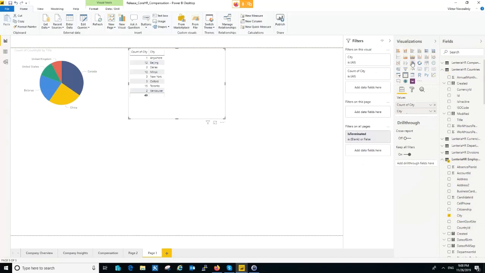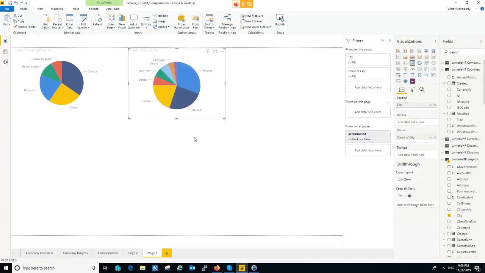So I would like to switch the visualization to the pie chart. So we just have created two different dashboards with pie visualization, and we see different countries and cities inside these dashboards, and in such a way we could create different dashboards and different visualizations using the data that is stored in